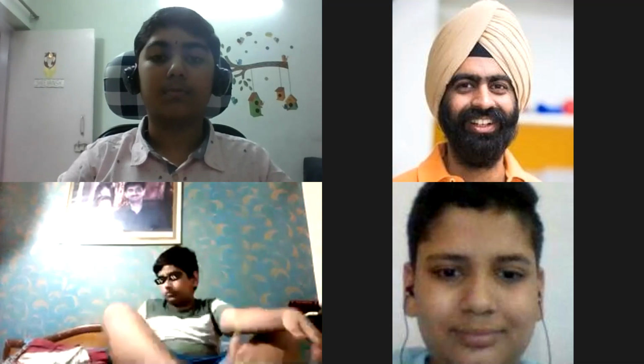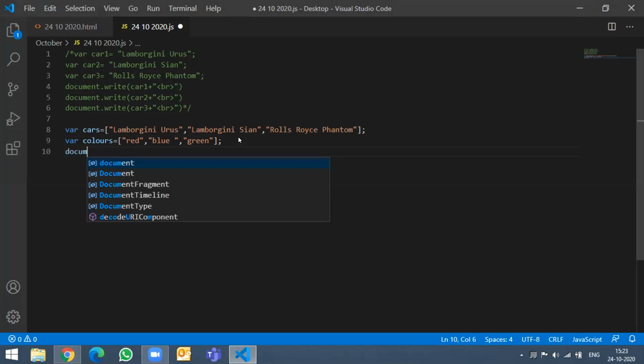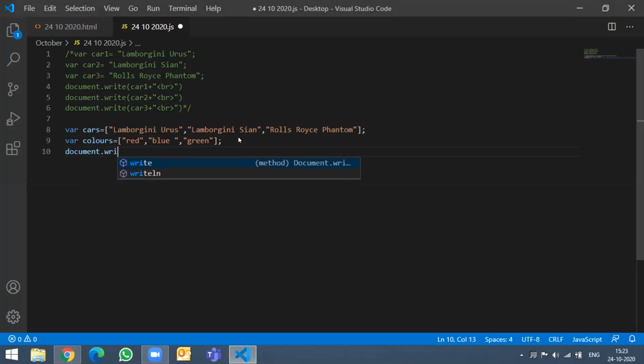Okay, very good. And it is printing values, right? You have to write document.write also after this. Krish, just cross-check the JS file is connected to the HTML file or not.